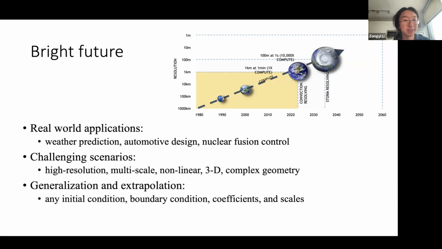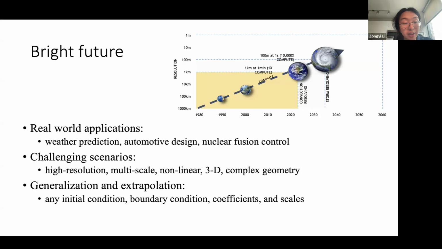If we go to 1 kilometer, it will be 10,000 by 10,000 grids. If you look at higher scales, it's going to be a super large resolution that cannot fit into a GPU. So for this high resolution, multi-scale features, we need corresponding parallelizable, decomposable models that can handle all these scales. A second kind of challenge is the nonlinearity and the 3D complex geometries.